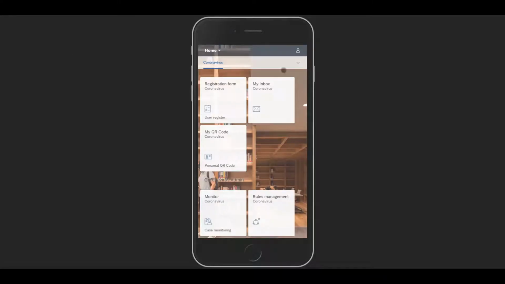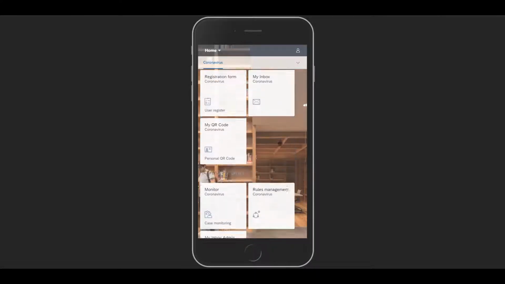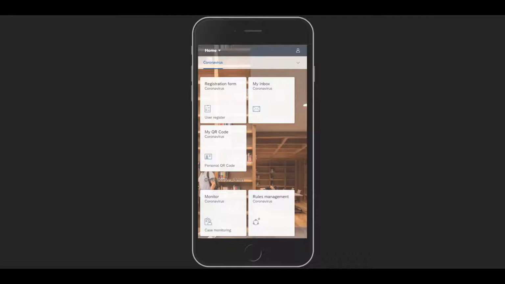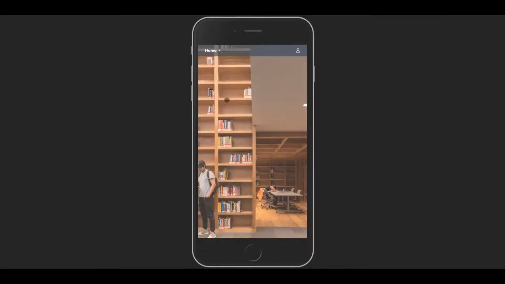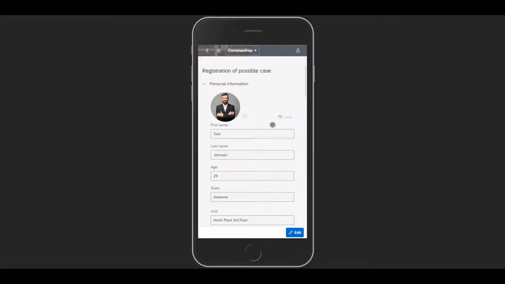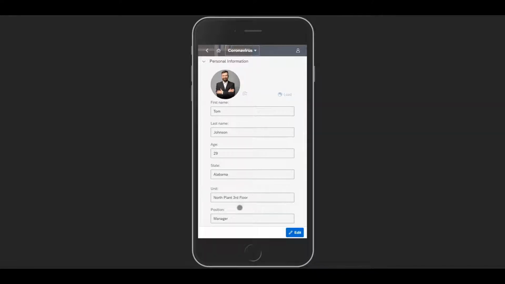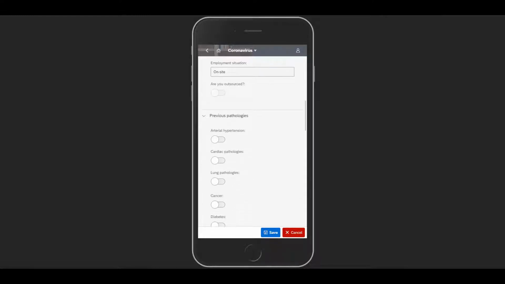Tom Johnson arrives at the office and loads his back to work tracking application on the SAP Cloud Platform. He fills out his initial status form, which he can update at any time. He notices his personal information has already been loaded from SAP SuccessFactors, so he can proceed to declaring how he